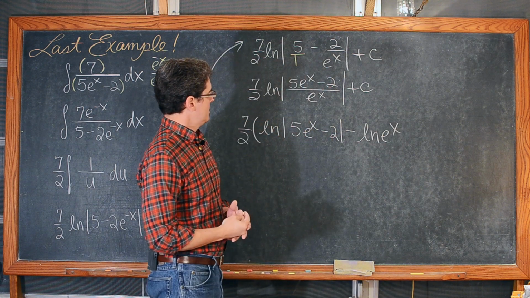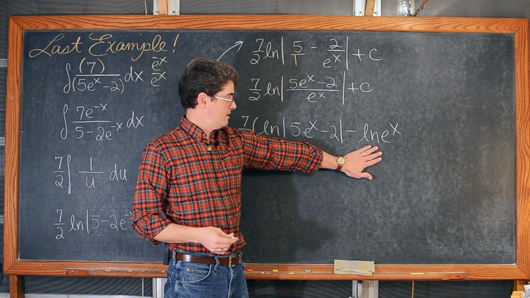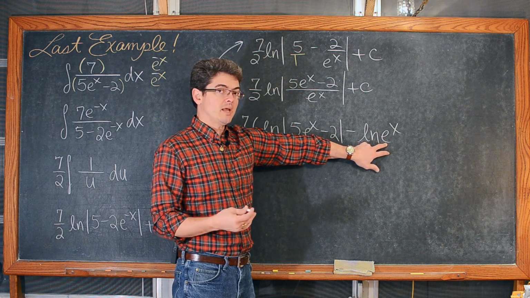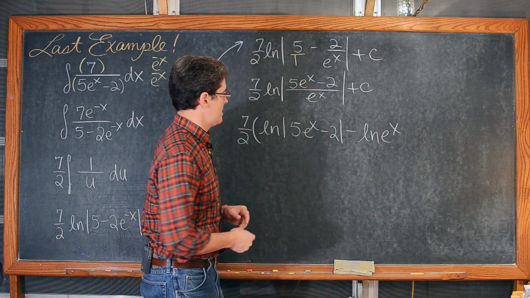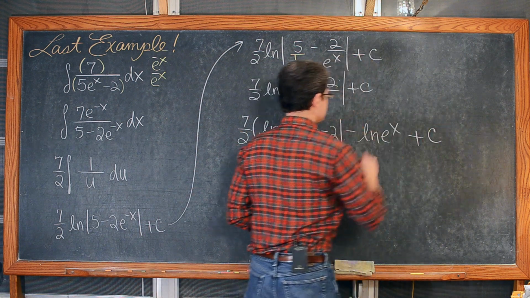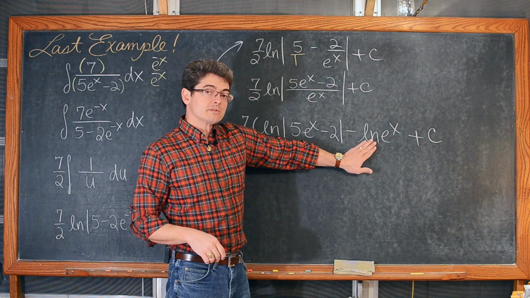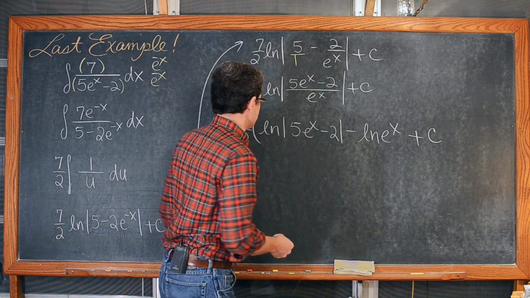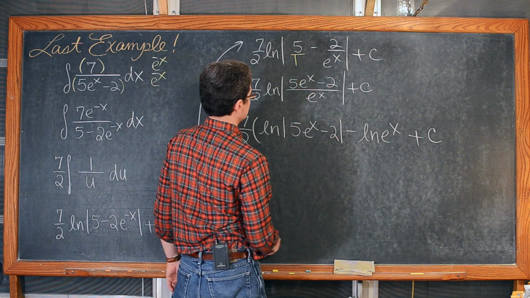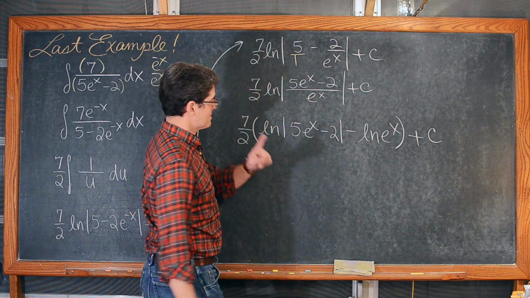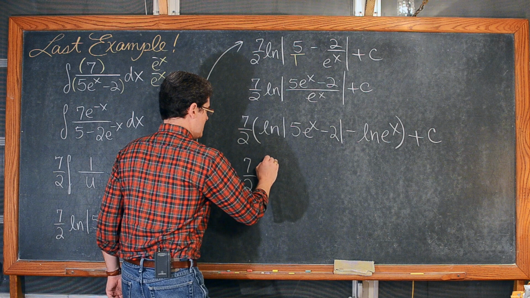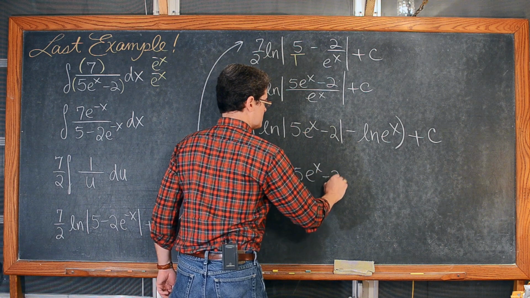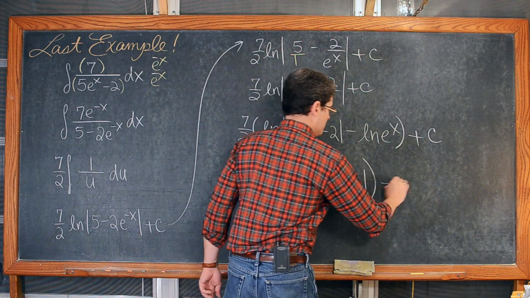Now I don't need to wrap that in an absolute value symbol because e is of course positive. Well, the approximated value of e is 2.718, which is a positive value, and raised to any power is still going to be positive, so no need for absolute value signs there. And of course, this is the natural log, which is log base e. I'm taking the log of a base e, and the log itself has base e, and of course they're going to cancel out. So you might like to include your parentheses, sorry about that. And we have 7 over 2 times the parentheses of the natural log of the absolute value of 5e to the x minus 2 minus 1 plus c.